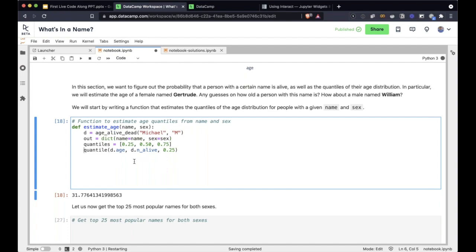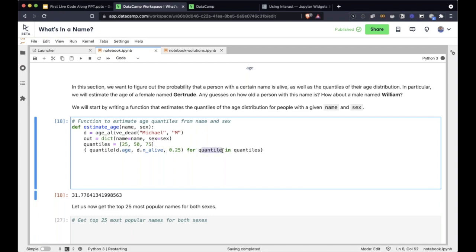Now I'm going to compute the quantiles. The way to compute the quantiles, we're going to use a list comprehension. Actually, a dictionary comprehension. It is going to loop through all the quantiles. So we're going to say for quantile in quantiles. I'm going to change this to 25, 50, 75. I'll explain why I did that.